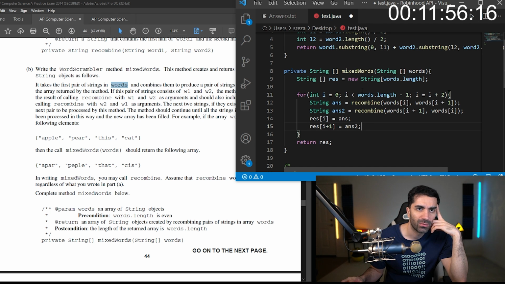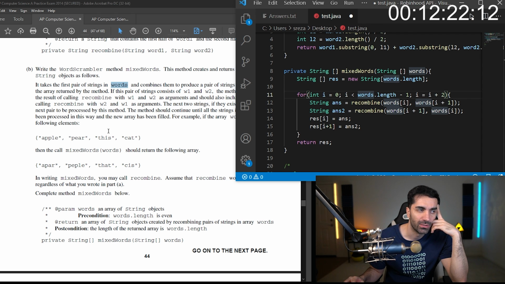So this looks right. I just want to make sure I'm not getting any out of bounds. I want to make sure these for loop conditions are right. Initially i is going to be 0, so it's going to call it on 0 and 1, and flip those. Then i is going to be 2, so it's going to call it on 2 and 2 plus 1.